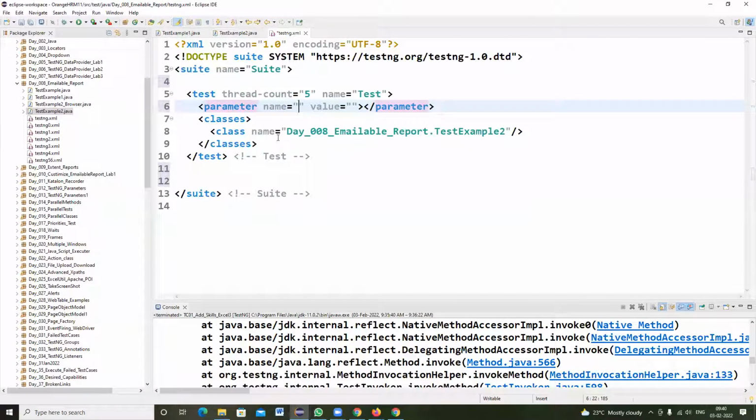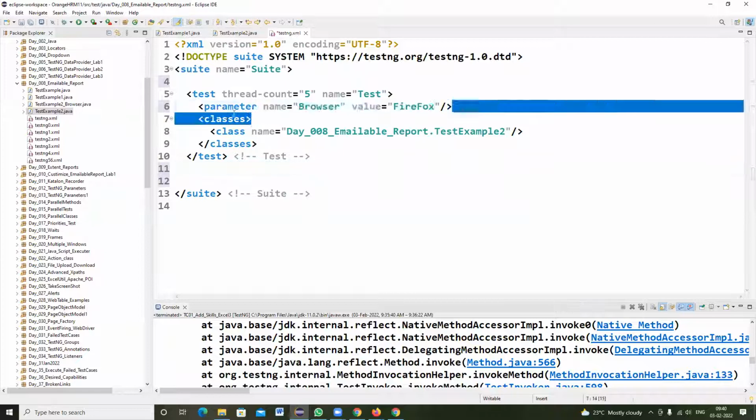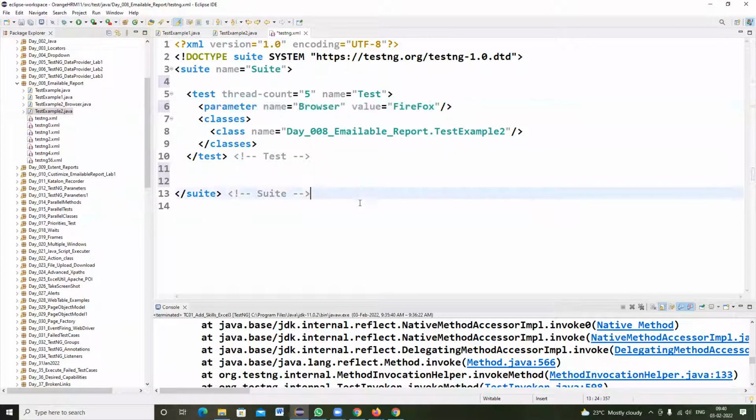Parameter name is equal to browser and value is equal to Firefox. So like that, I have written this line of code. This browser variable contains the value Firefox.